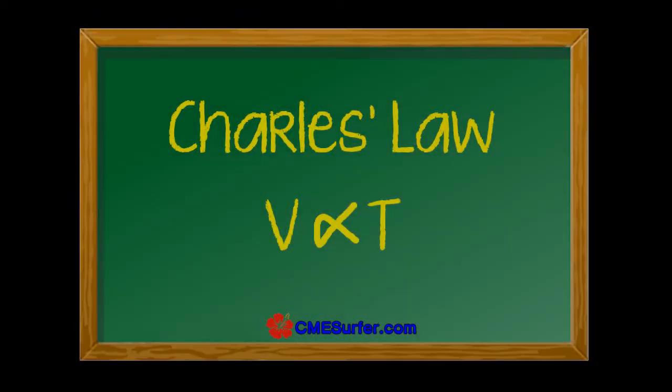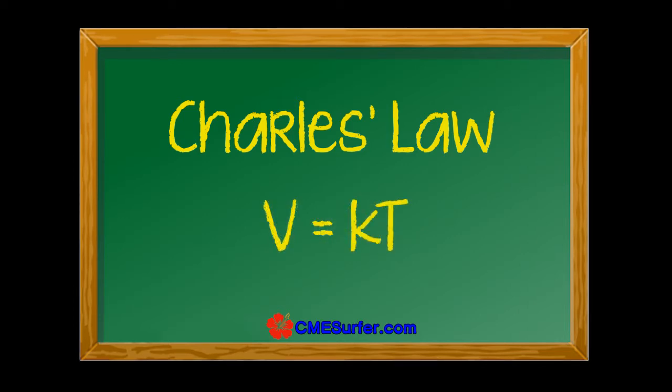Charles's law, then, can be written as volume is proportional to temperature. As we said in the last video, this means that the two values change in lockstep together. We can also write it as an equation by adding a constant k. The role of the constant k is just to reflect the specific properties of each different gas. Hydrogen doesn't expand at the same rate as argon, for example, so the two will have a different value of